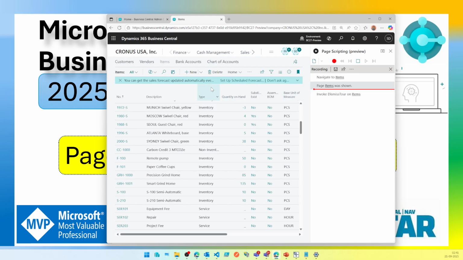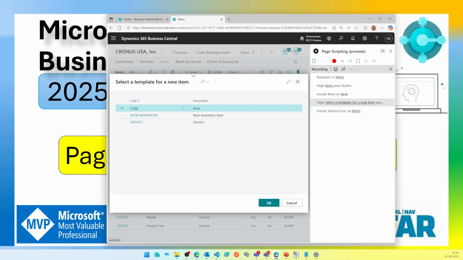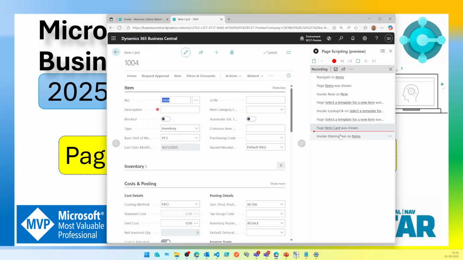Any steps that I take from this point will start recording from here. So let's say when I click new, it understands that I have clicked new, and I have also clicked OK. As you notice, the new steps are being added before that step. That's an enhancement which is not available before version 27, but it makes it easier for you to say, okay, any weird stuff that I've run, or, for example, define the description here,